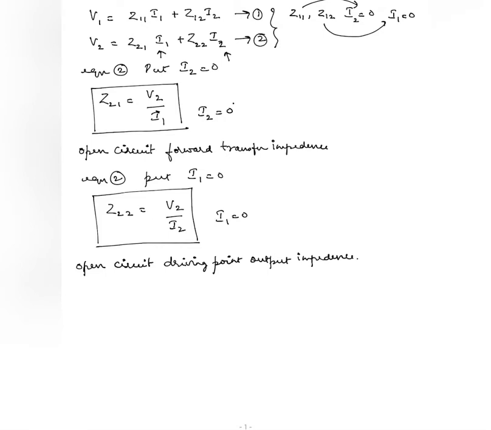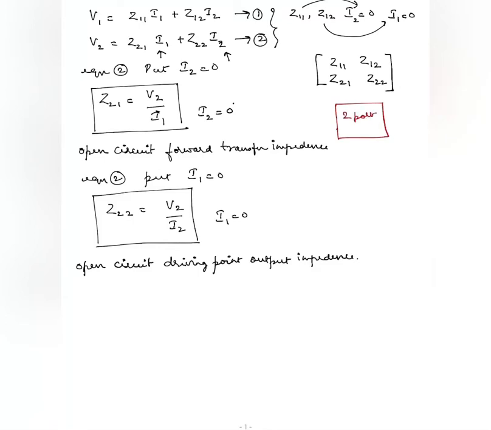Right now, so hence we are able to find out the matrix, that is Z11, Z12, Z21 and Z22, by making I1 and I2 0 alternatively. Now, this two-port network, which is characterized by Z parameter, can be written in the simplest way possible. Like, say I had written the two-port network structure here.